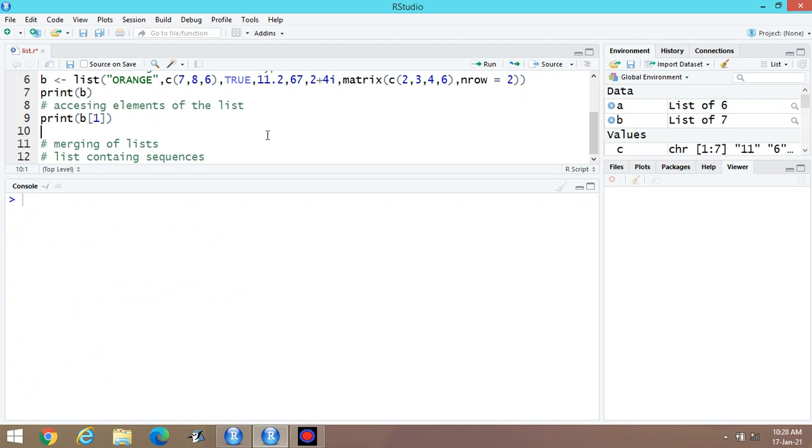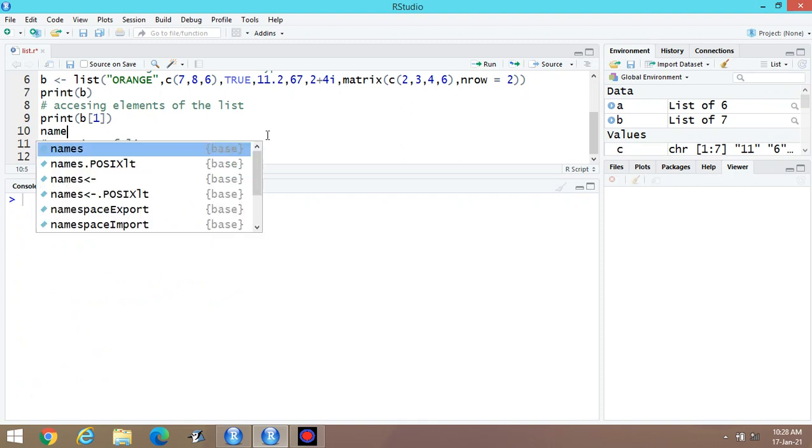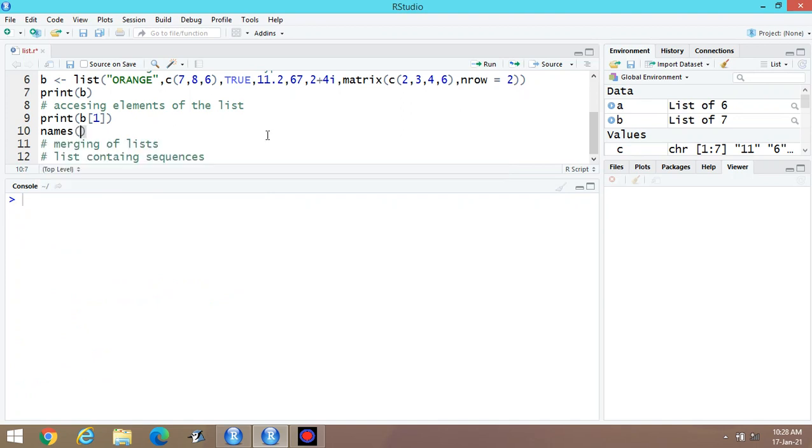Suppose I am assigning some names to the list. In double quotes, 1, then 2, in double quotes, 3.